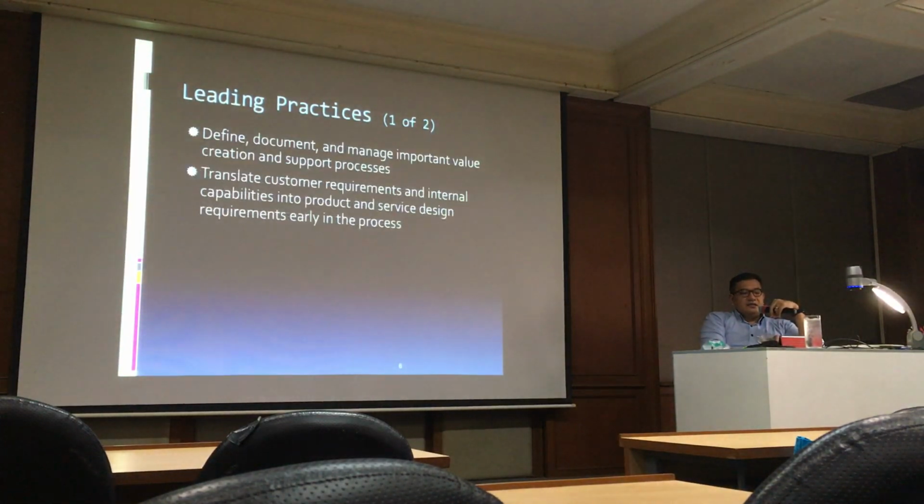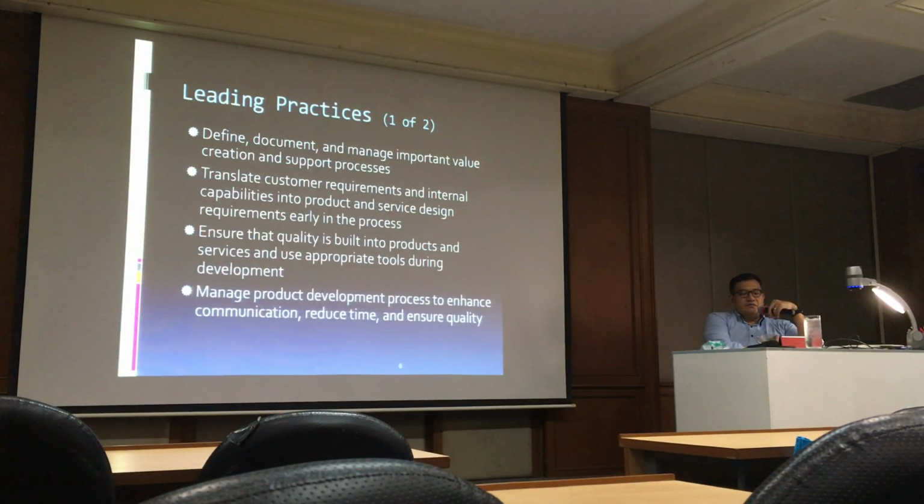So this is the list of the leading practices of successful companies in process management. For example, what did they do? The first one is that they have a defined document and manage the importance of value creation and support processes. So it means